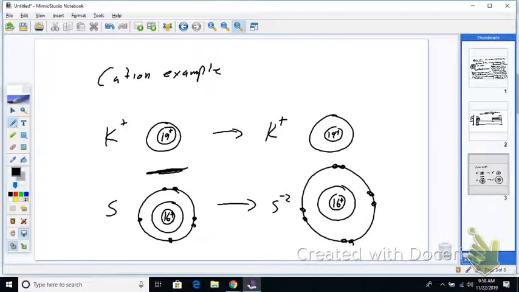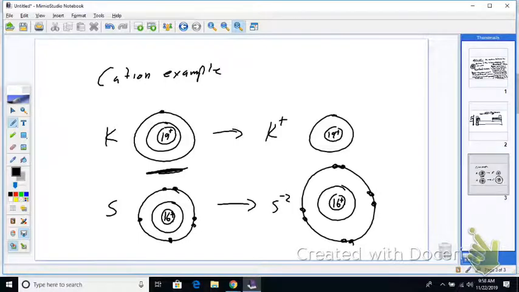So what happens to the size of the atom? It gets smaller because it loses its whole outer energy level. Does that make sense? So that's a trend. When cations are formed, they lose the whole outer level. Now when